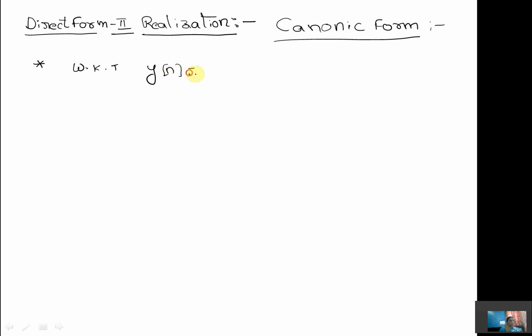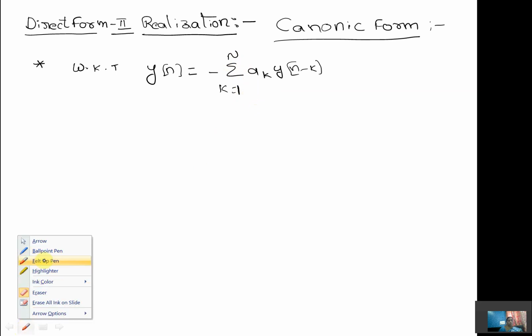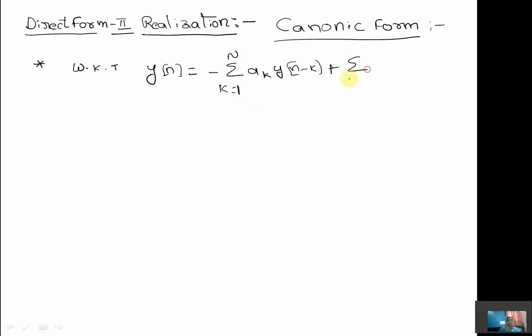See here, we have seen the equation in the direct form 1 structure, that is y of n is equal to minus summation ak y of n minus k, where k is 1 to n, plus summation k 0 to m bk x of n minus k. So if you apply the Z transform on both sides,